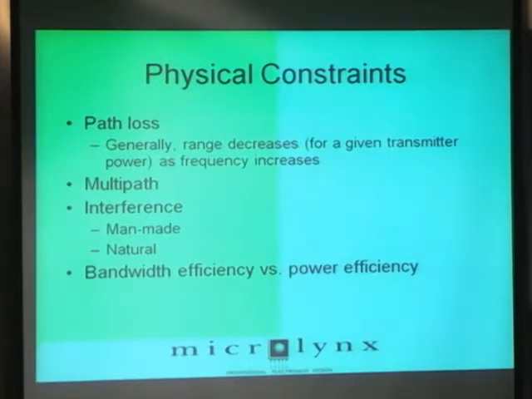Multipath is an issue, and multipath affects radio performance in a big way. What that is, if the radio wave bounces off something else, it's going to take a longer path. The propagation of radio waves is the same as propagation of light, and it's about 3 meters per nanosecond. And so as you go in areas where you have a lot of potential buildings, or you have mountains, or you have other big structures, you can get multipath, which will affect again what kind of radio system you want to choose.